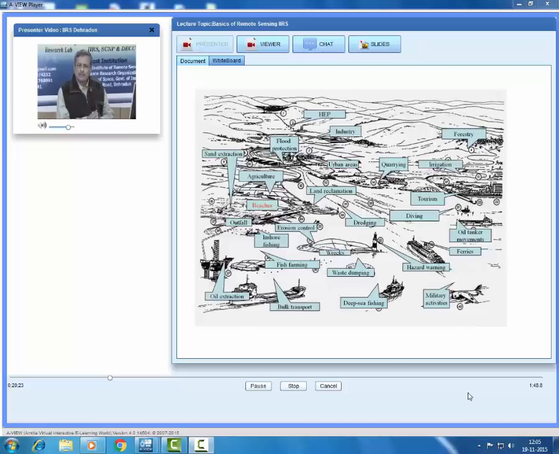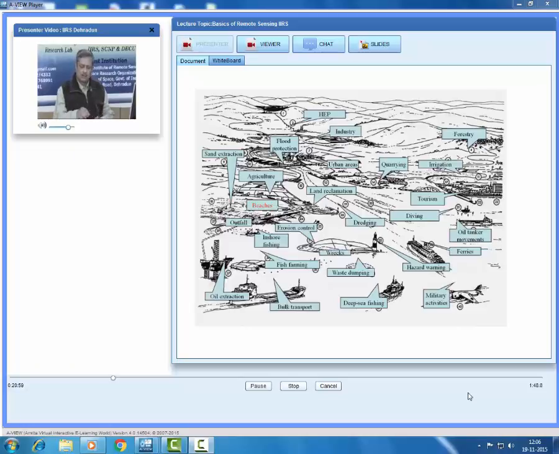Lots of urban areas are coming up on the coast, irrigation activity, agriculture activity, heavy minerals extraction, oil extraction in the coastal area, offshore and onshore, aquaculture activity or fish farming. There is waste dumping, deep sea fishing, military activities, lots of naval activities, dredging, land reclamation, and protective structures coming up in various parts of the coast. So many activities are happening on the coast, and all these activities in turn degrade